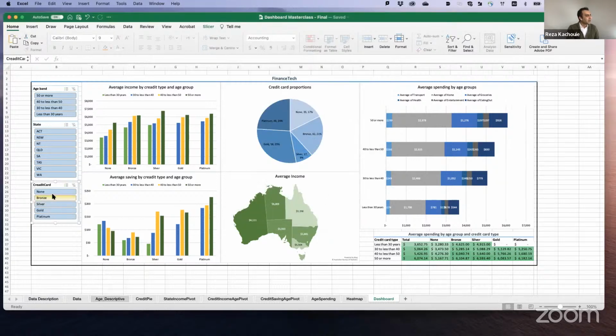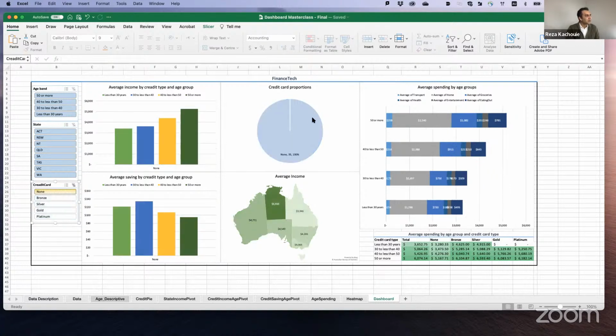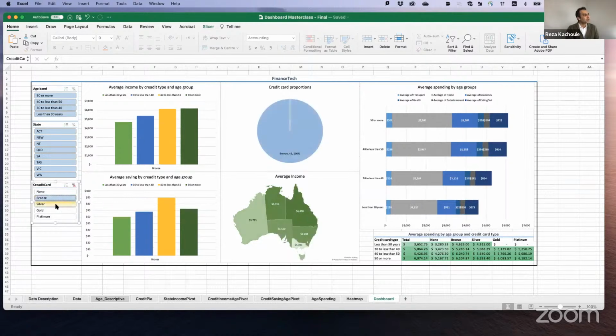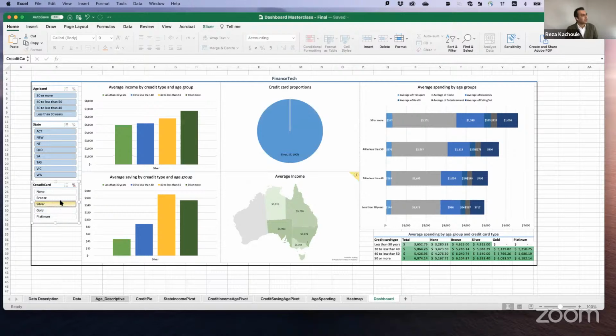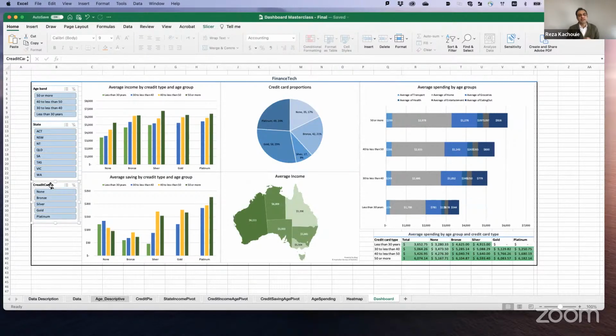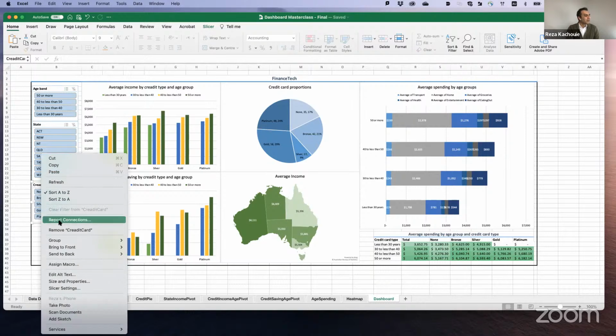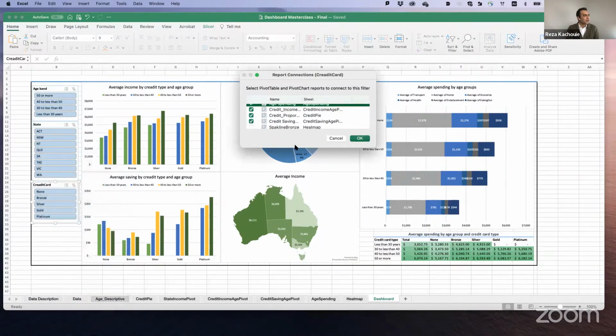So now we have like 17% or none, I click on none. You see, everything is gone and 100% is none, or 100% bronze. So what information does it give us? Nothing. We want to link the slicers to the pivot charts that are adding value. Let me remove it.